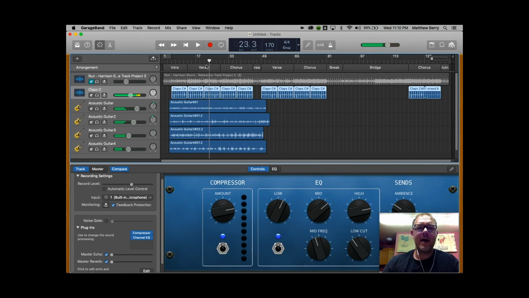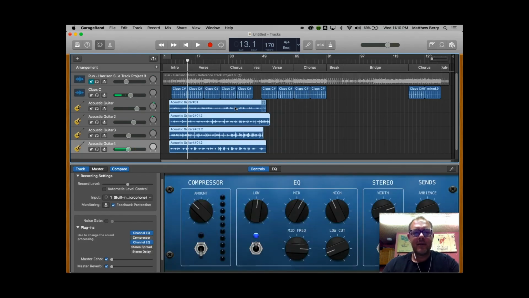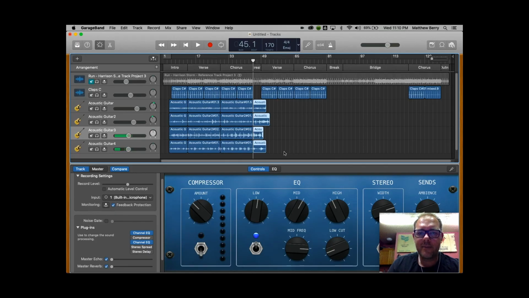So anyways, if I like all of these guitars, select, Command T, chops, and now it's awesome. I can go through my arrangement and trim, and then here's my chorus, and I can trim,